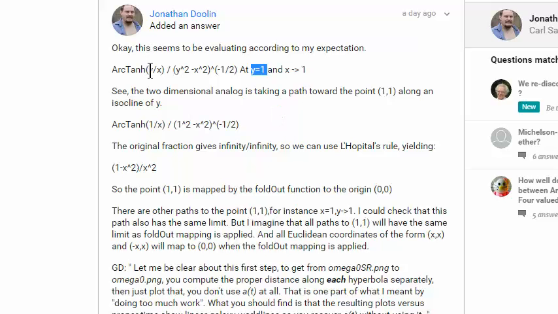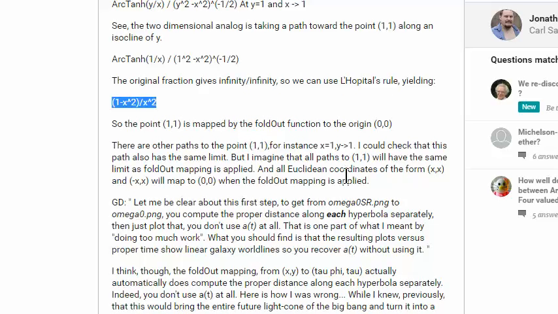And then we'd replace the y with 1 over x, and we have to change it to a division to use L'Hopital's rule: 1 squared minus x squared to the power of negative 1/2. Then you take the derivative of the top divided by the derivative of the bottom, and that gives you 1 minus x squared over x squared. And that point gets mapped, 1 minus 1 squared is 0 over 1 squared, and that becomes 0,